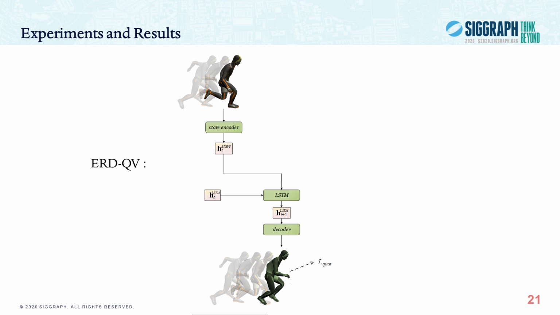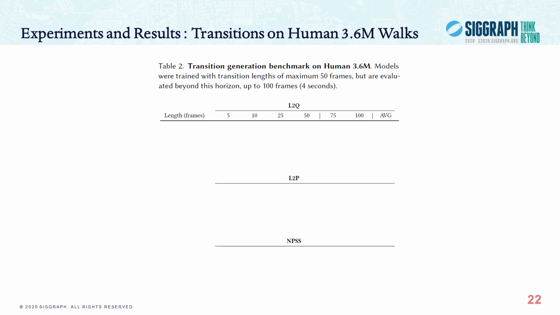Note that our ERD QV is based on quaternion velocities as inputs instead of quaternions. Next, we add the target-related inputs and encoders and evaluate our contributions on the Human 3.6M walking subset for in-betweening. We evaluate the model on 3 different metrics for different transition lengths. The L2Q metric is the L2 distance between the generated and ground truth quaternions averaged over all joints and all